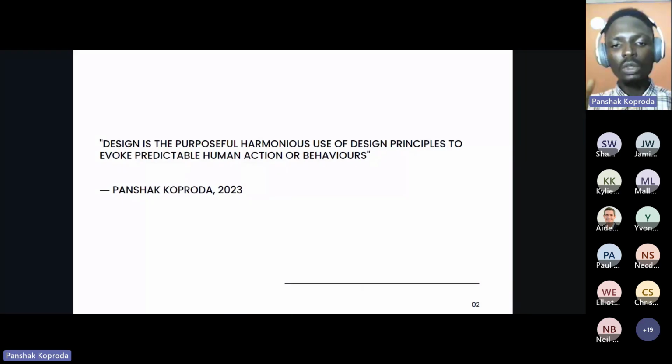So when you put design principles together cohesively, we're looking at a way you can actually evoke predictable human actions or behaviors. Design is not really about the designer. It's not even really about the design, but about the end user and the information you're trying to get across. So when someone picks up your application,